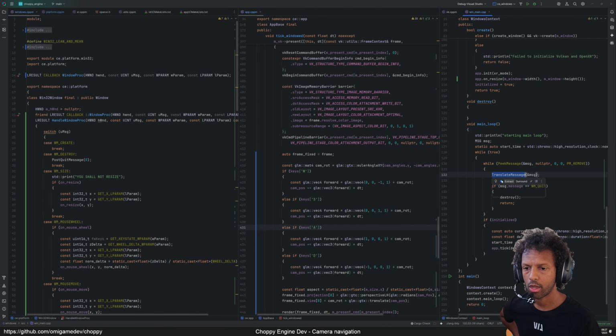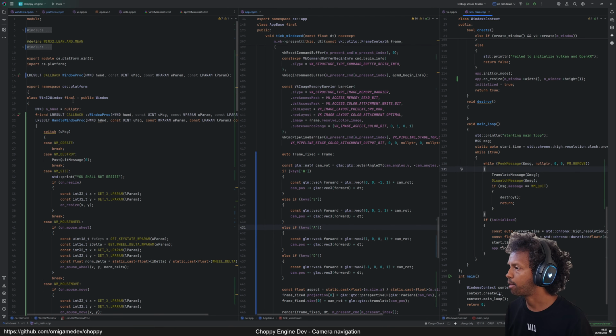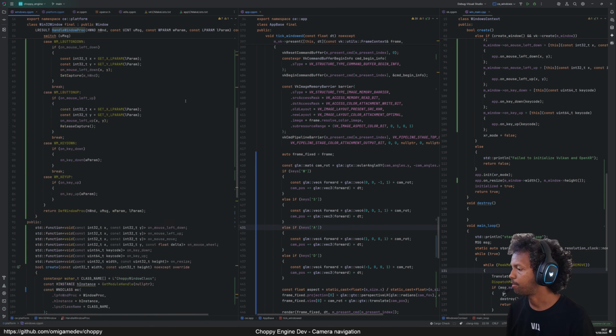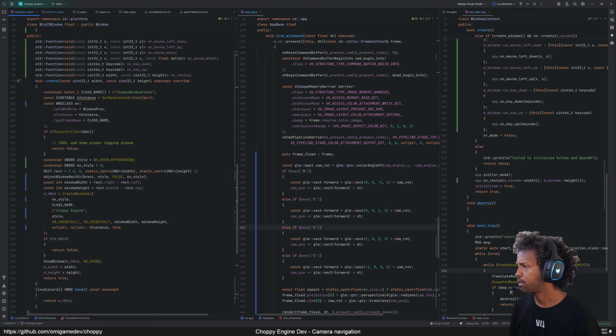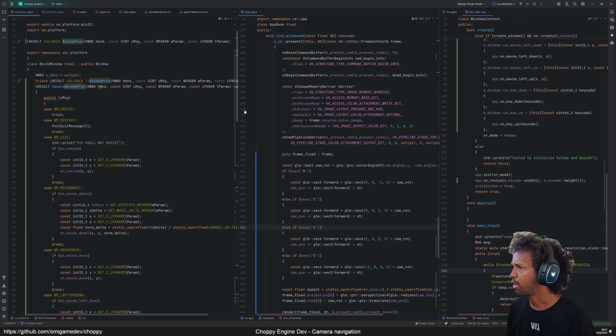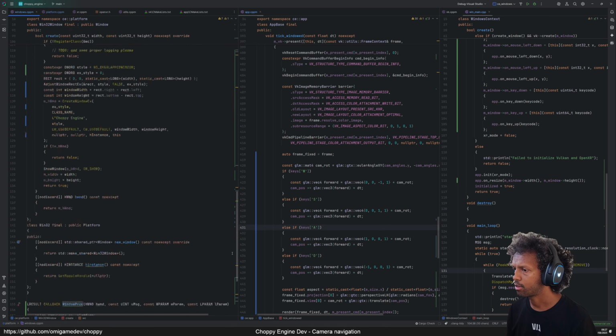So the translate and the dispatch will just forward them to the right window proc. So the window proc is defined in the window class. So this is a pointer to our static function, and the static function does nothing